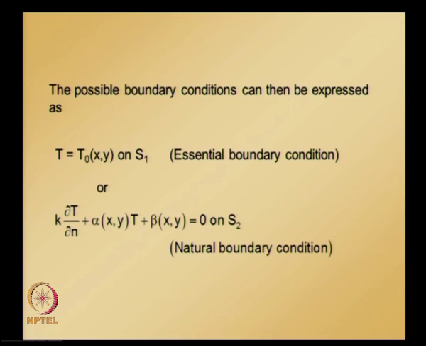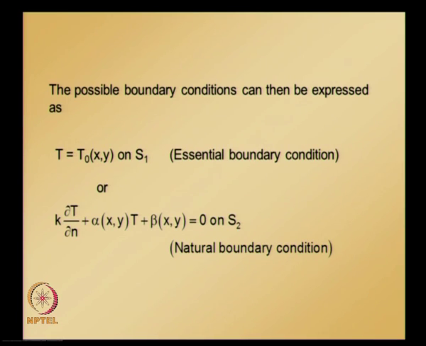and this is an essential boundary condition because the order of the equation is zeroth order. And for the second boundary condition, either an essential boundary condition can be specified or a natural boundary condition can be specified. A natural boundary condition is one which contains the first derivative of T. If you recall, the general 2-dimensional boundary value problem that we are trying to solve is a second order differential equation. So we require two boundary conditions to solve, out of which one is essential and another is natural. So any of these boundary conditions may be specified, and where